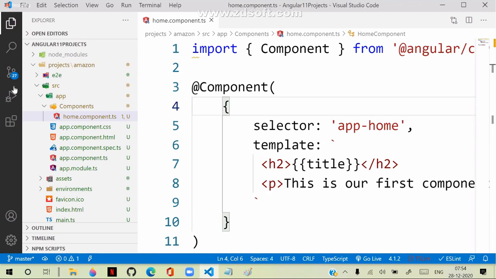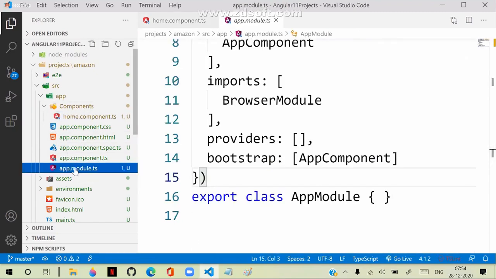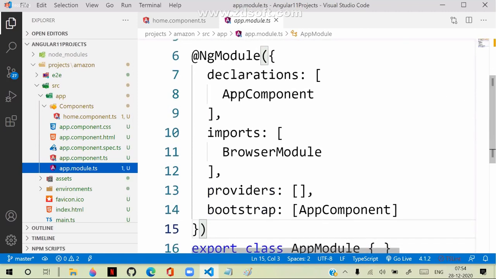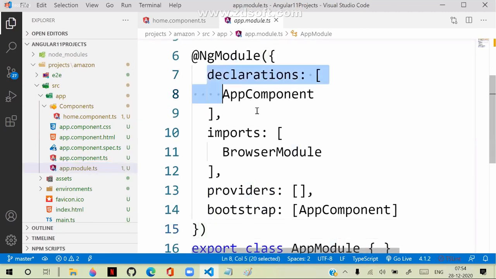I told you, we have a file app.module.ts. Go to app.module.ts. In app.module.ts, as we already discussed, components are registered in declarations. Modules are registered in imports. Services are registered in providers.